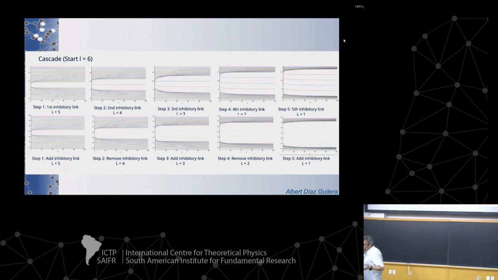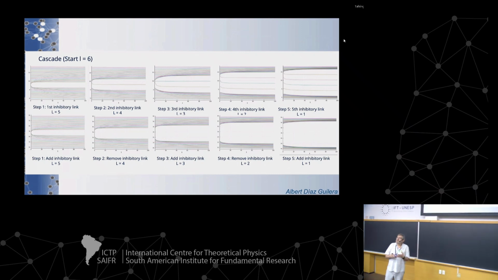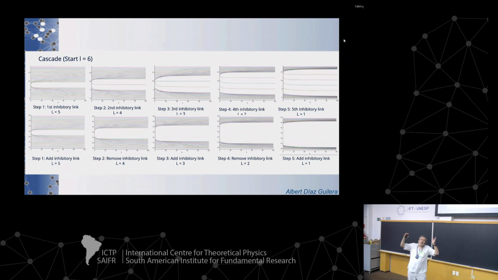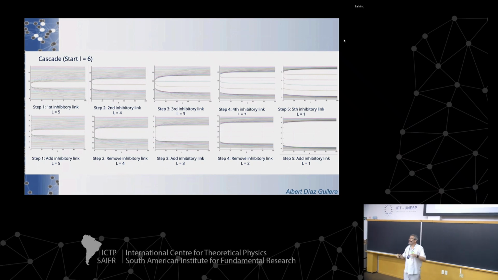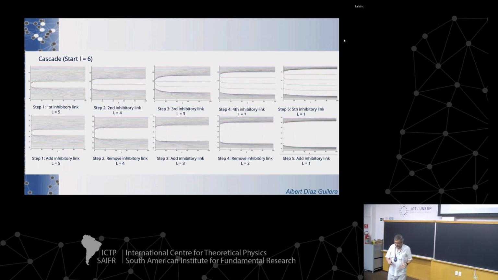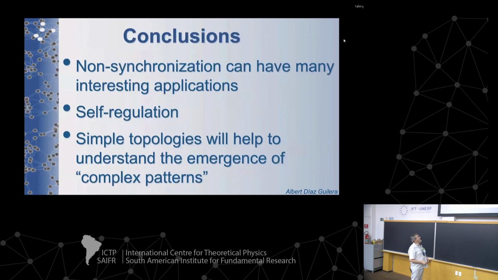But at least what we have got here is that there is some sort of organization, so that we understand that the basins of attraction that correspond to a lag number which is smaller are inside the basin of attraction of a lag number which is higher. And so it can make a kind of onion, and in this onion you can imagine all these different basins of attraction. Okay, and that's it.